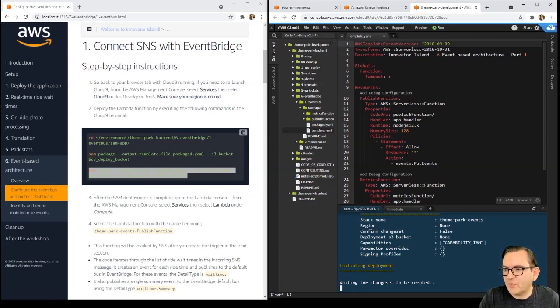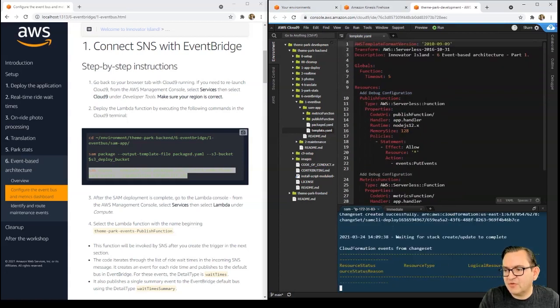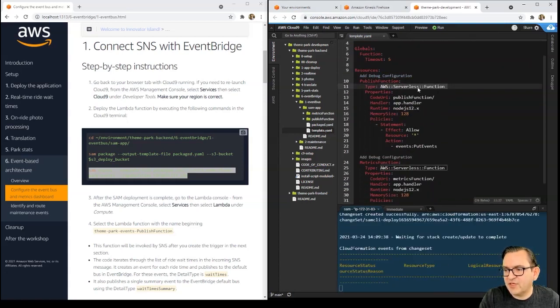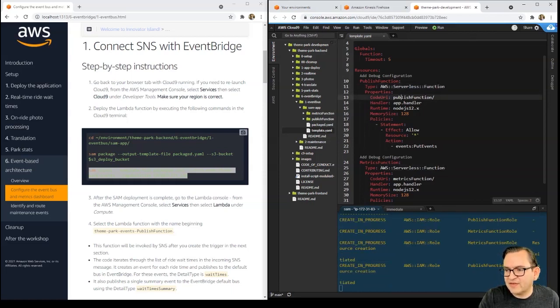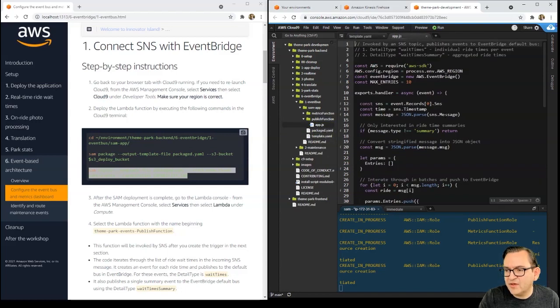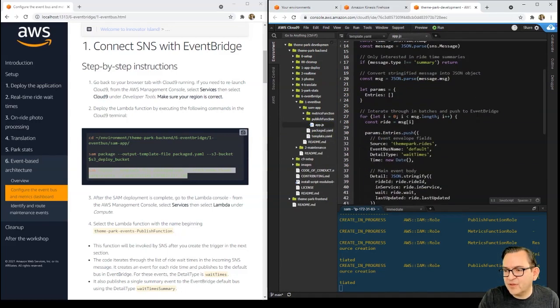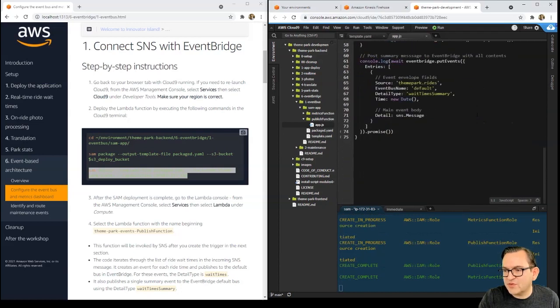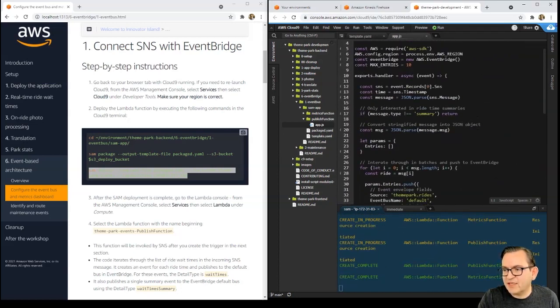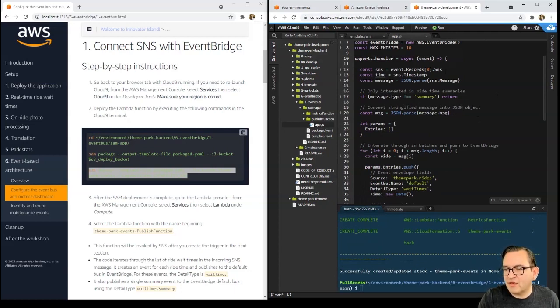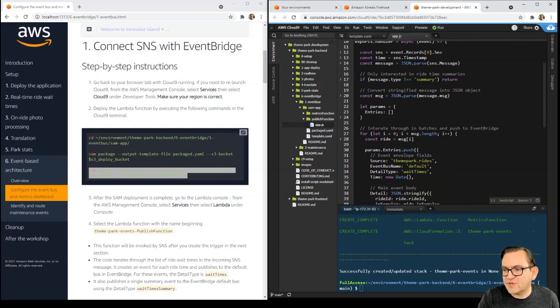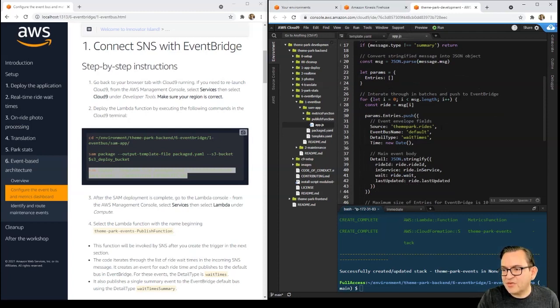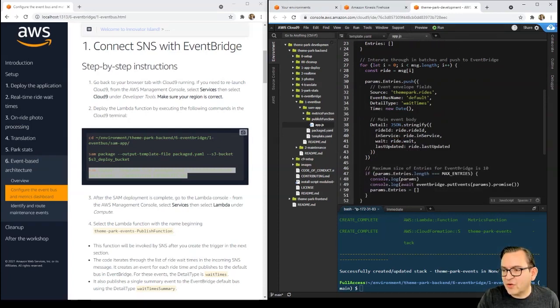So in this template, we have two Lambda functions. And so we've got this Lambda function here that is a publish function, and that's contained in this publish directory. And the handler is in an app.js file, and it's called handler. So if I open that, you'll see the code just here. And what this does, if we just scroll up to the handler, this is going through that event coming from SNS. And if it's seeing there's a ride summary event, that's the only type of event it's interested in, it'll pass that message, iterate through what's in there,